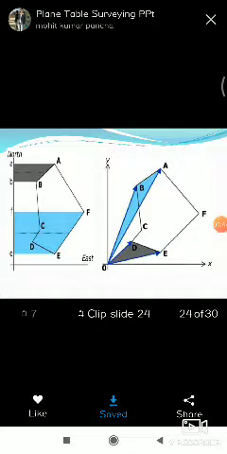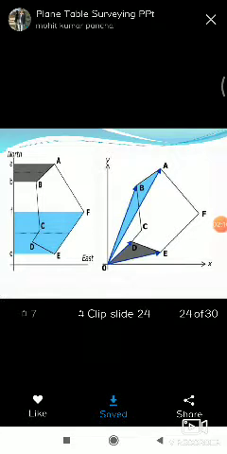It means setting up the plane table, leveling, centering, and orientation. After centering, transfer the point A from the ground onto the sheet with the help of a U-fork and plumb bob.